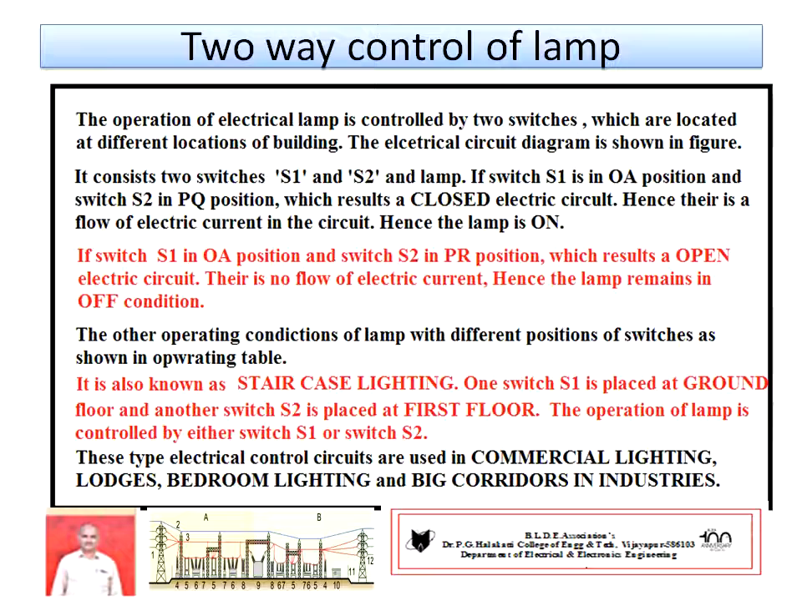Hence, there is no flow of electric current. Therefore, the lamp remains in off condition. The other operating conditions with different positions of switches are as shown in the operating table. Such a circuit is also referred to as staircase lighting, sir, because one switch is kept at the ground floor, another switch